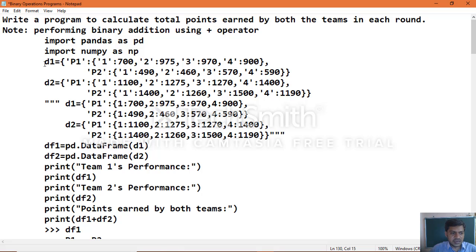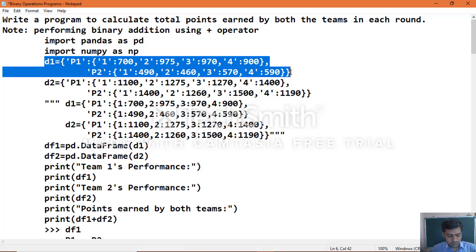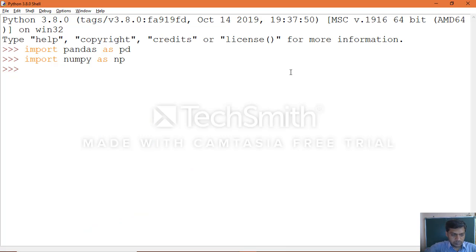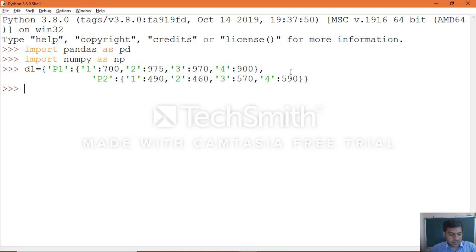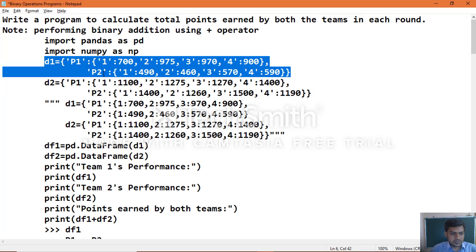Then create the dictionary, and create dictionary 2 also.